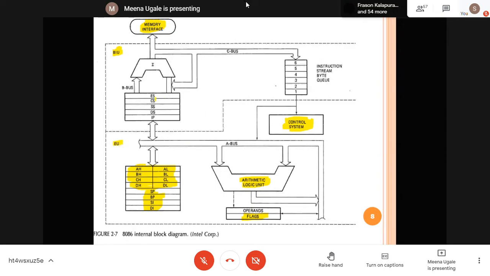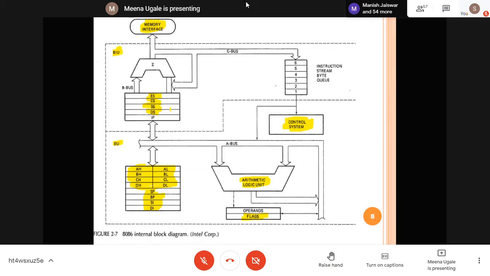Similarly, when the microprocessor takes data from the memory interface, it takes the help of different registers. These are the four registers there. ES stands for extra segment, CS stands for code segment, SS stands for stack segment, and DS stands for data segment.